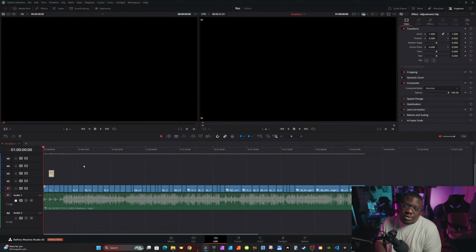So yeah, this here's the client project. I actually took the song and placed it back down here and just stretched it all the way out. Then I right click. Actually, I'm gonna unlock this real quick. I right click and then had it show beats, which is another DaVinci Resolve 20 feature.